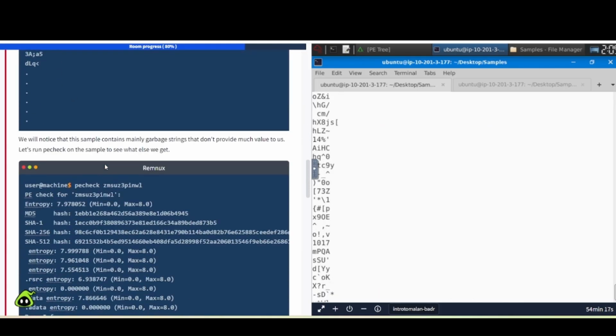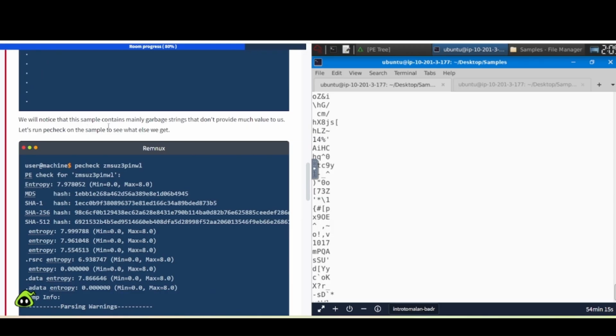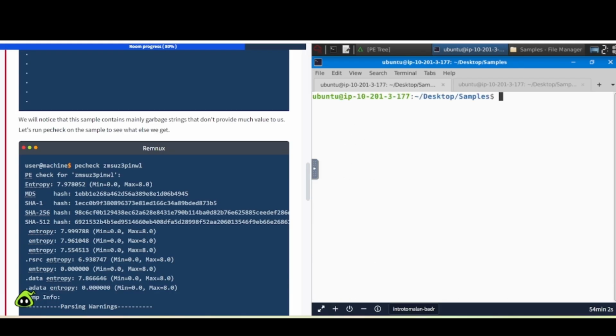And we got similar output. Since we noticed that the sample contains mainly garbage strings that don't provide much value to us, let's run a p-check on the sample to see what else we get. Okay, yeah, it's like a bunch of gobbledygook. So let's go ahead and clear this out, and we'll run a p-check against it,